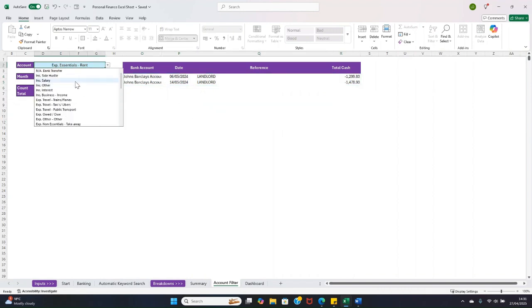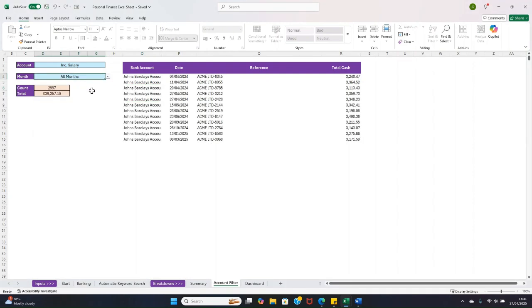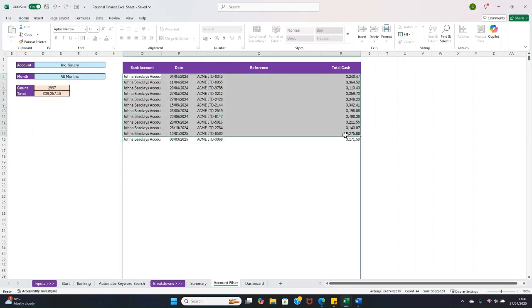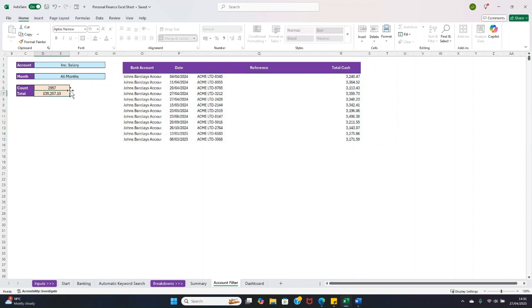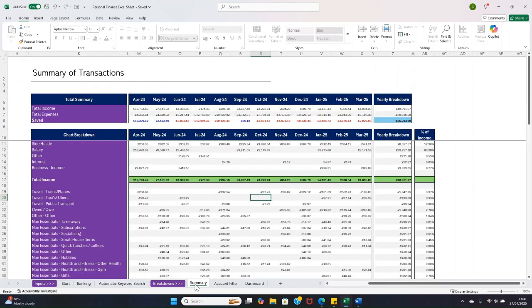You can see his salary up here, how much he's got in May. He got 2 lots of salary in May. Not sure if he's doing that. And he made £39,257.10 in May. Next, we can go on to the summary of transactions, and here it gives you a breakdown